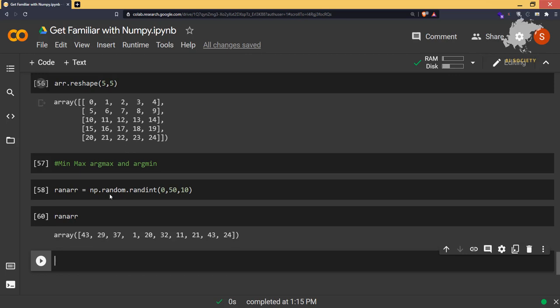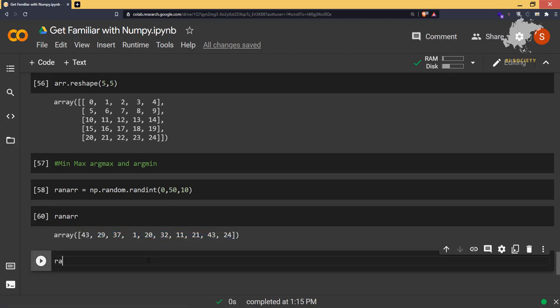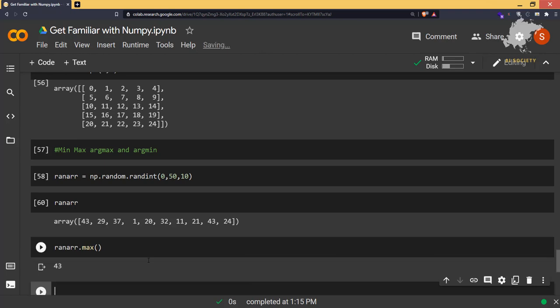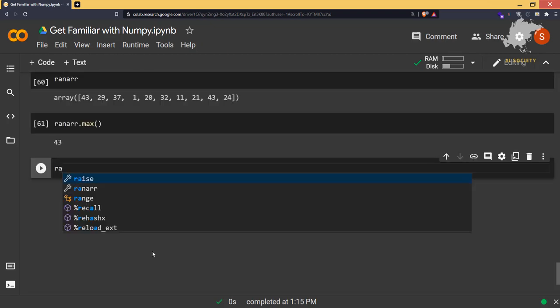Okay, it's a very random set of numbers. Now if I want the largest number of this particular collection of elements, I'll say RANARR dot max, and it is going to give you the largest value that exists in your array.